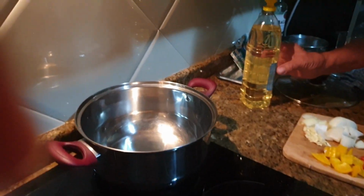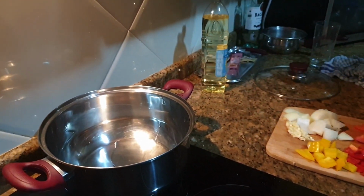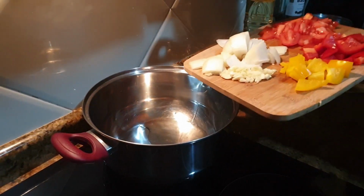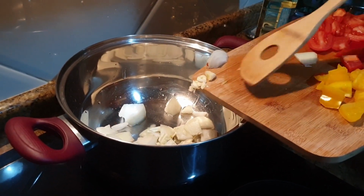So for this meal, ideally you want a paella dish, but we haven't got one, so we're going to use whatever we can find in this apartment where we're staying. You can use any dish that you wish. So off we go. We get a pan on the hob, put in a little drop of cooking oil, not too much, and then we can go in with the onions. We'll pop these onions into the pan along with the garlic, and we're just going to cook these down for